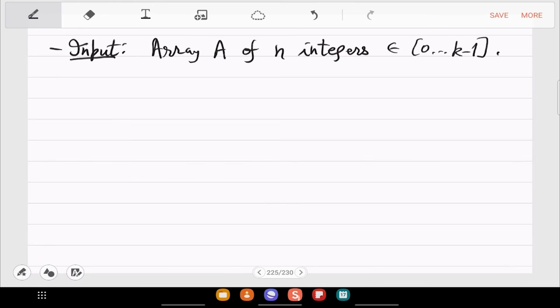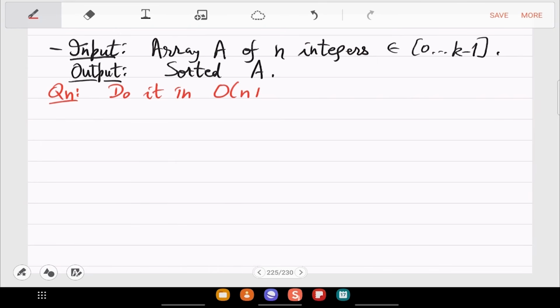And almost all practical questions are of this type. So we want to make this faster. How fast? We want to do this in linear time, so n plus k time.